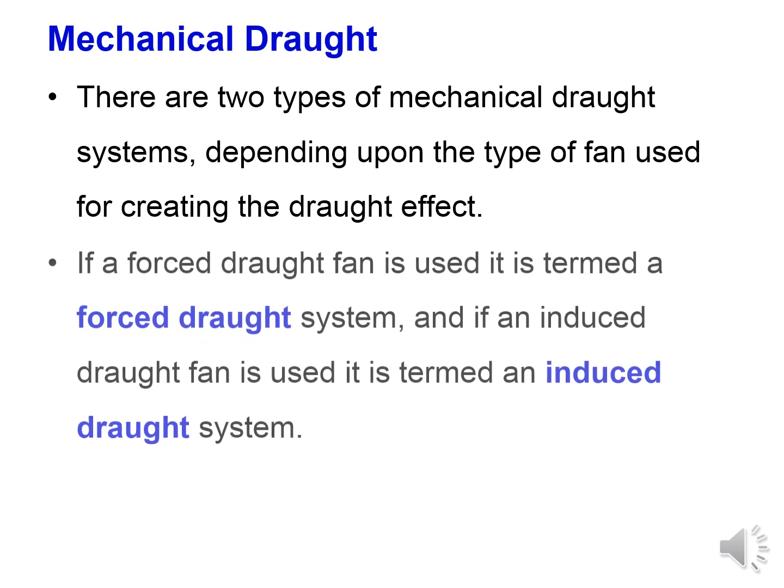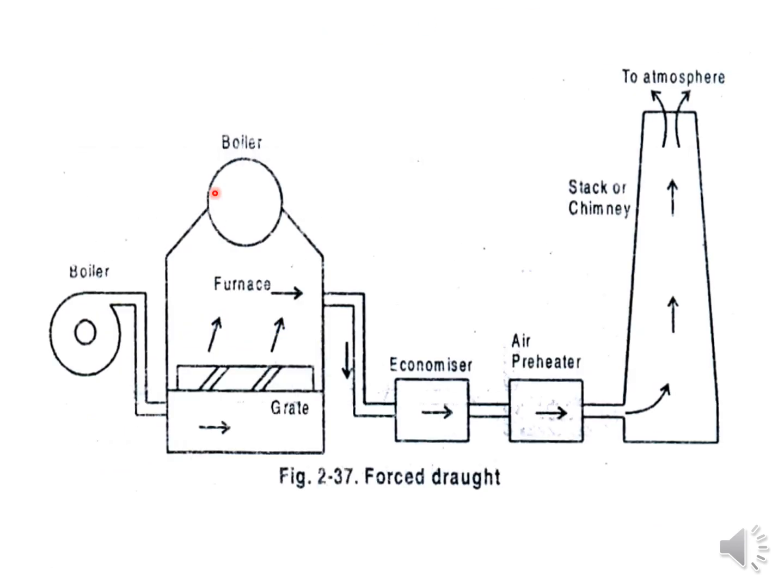And mechanical draft, we'll see here. Whatever we are seeing here is the same setup, and it will be the same for balanced draft and induced draft also. Here the boiler is there. In the boiler furnace, what are we doing? This is not a boiler actually, this is the pump. So this is the FD fan. This fan will force air into the furnace, and that will be passed through the economizer and air preheater, and it is going to the atmosphere. So this is forced draft, meaning we are forcing the air inside the furnace.